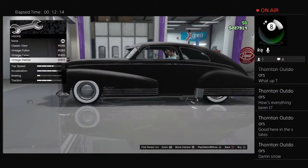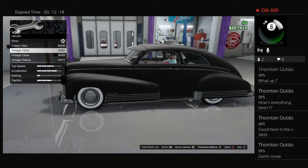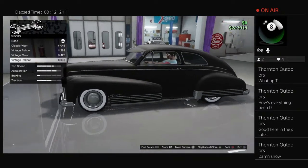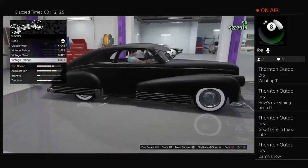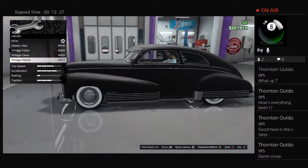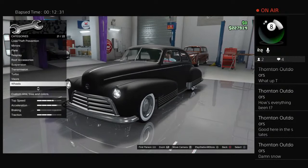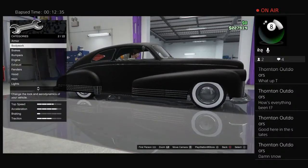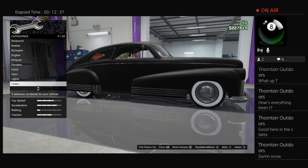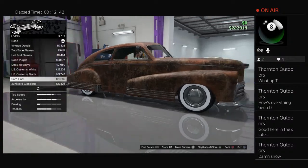I don't know if I want to put a visor on this or not. Oh, it's such a hard choice. I'll come back to that. Wheels, we're going to come back to that. Windows. Okay, now. Livery, we're going for a rat rod, so I want...